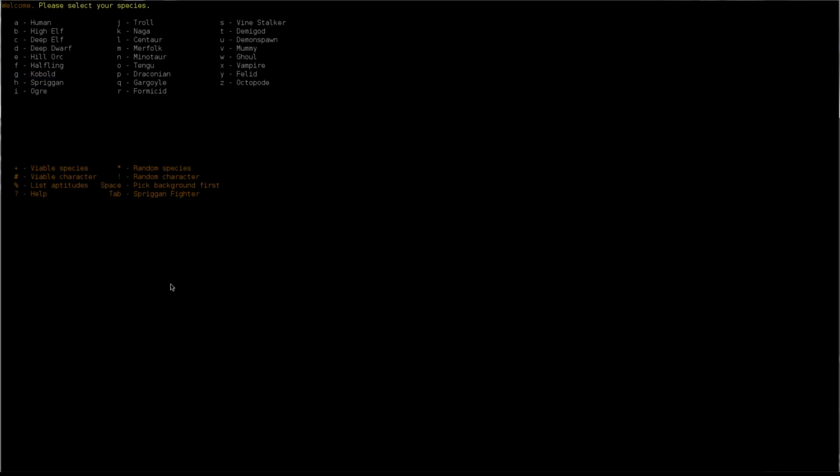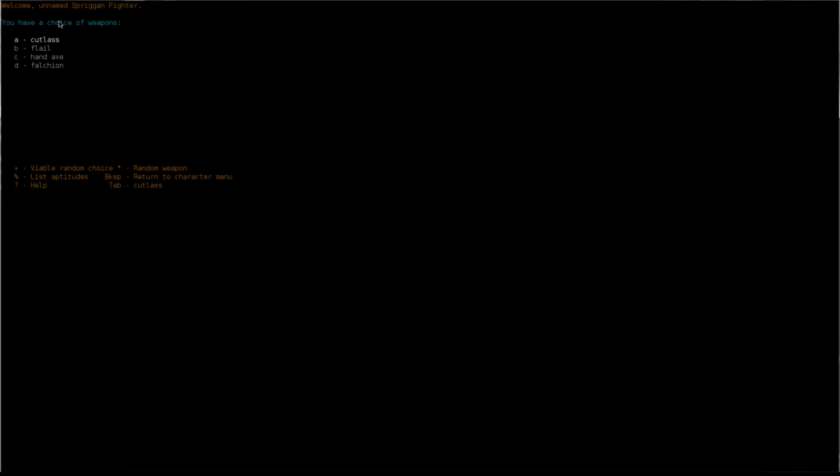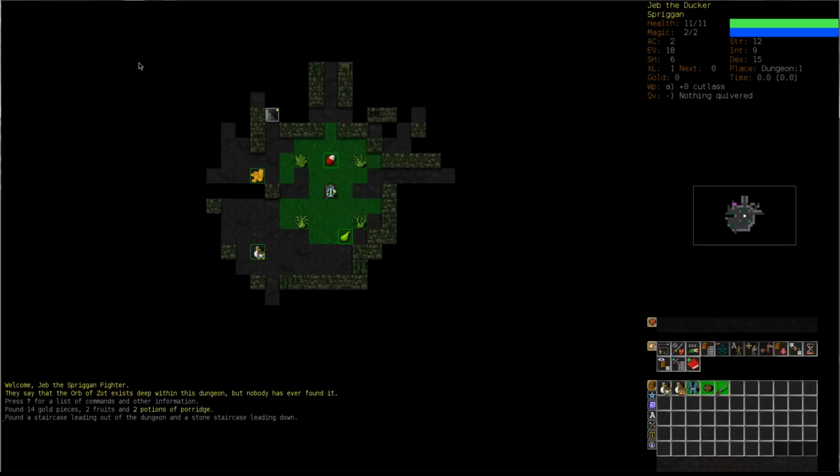So I've been playing a lot of these underdogs lately and I've grown fond of one particular combination, which is Spriggan Fighter. They're equipped with a cutlass and we'll call this one Jeb, just for fun. Now if you aren't aware of how horrible this combination is, let me just try to explain in a few